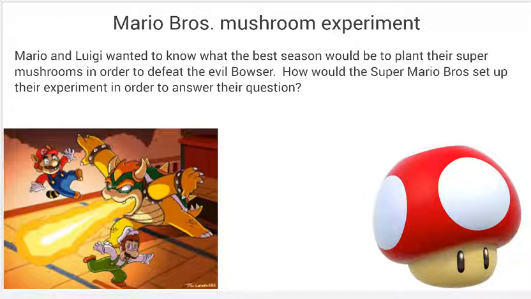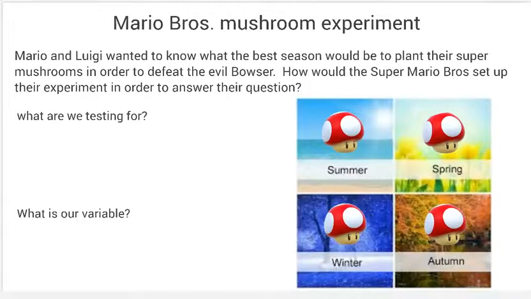Let's look at the Mario Brothers mushroom experiment. So Mario and Luigi want to know what the best season would be to plant their super mushrooms in order to defeat the evil Bowser. How would the Super Mario Brothers set up their experiment in order to answer their question? So again, to begin starting your science experiment, the first thing we have to do is ask a question. In this case, Mario and Luigi, the question that they're asking is what is the best season to plant their super mushrooms? Now,